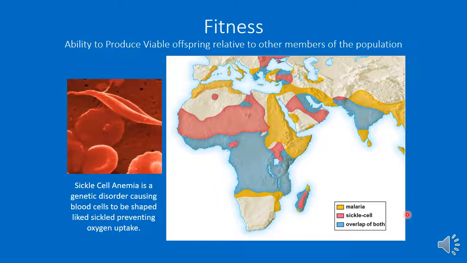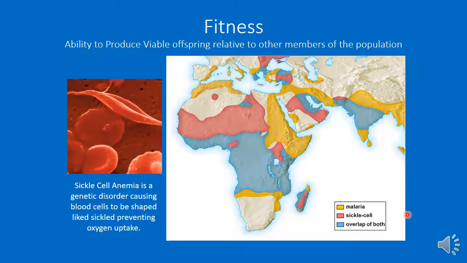So if your genotype, if mom and dad both gave you sickle cell anemia gene, then you're just going to die. But if mom gave you sickle cell anemia gene and dad did not, now you're what we call heterozygous. So you're not completely sickle cell anemic, right? And if you happen to live in a place where malaria is common, say Africa or India, now you aren't going to get malaria. So in these places where malaria kills a lot of people and has for a long time,